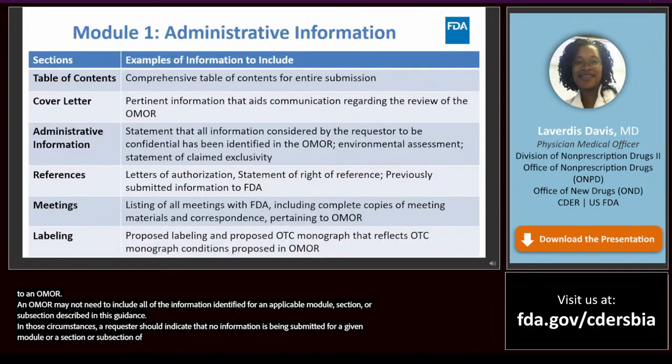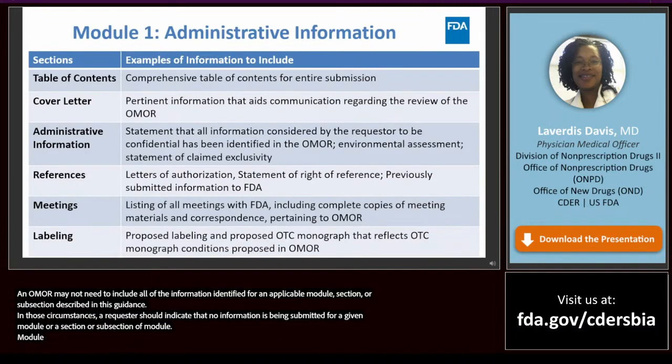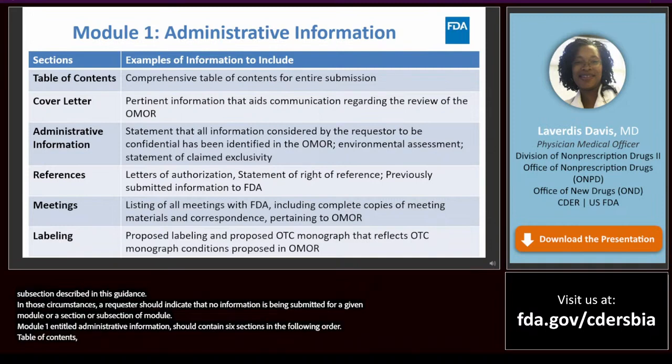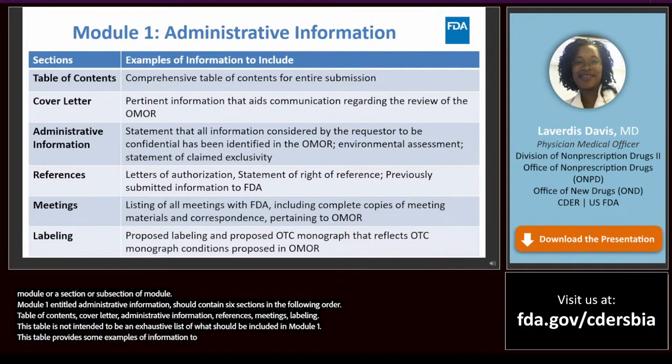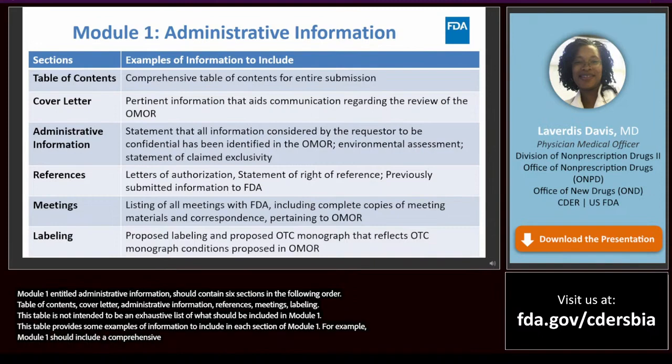Module 1, entitled Administrative Information, should contain 6 sections in the following order: Table of Contents, Cover Letter, Administrative Information, References, Meetings, Labeling. This table is not intended to be an exhaustive list of what should be included in Module 1. This table provides some examples of information to include in each section of Module 1. For example, Module 1 should include a comprehensive table of contents for the entire submission.